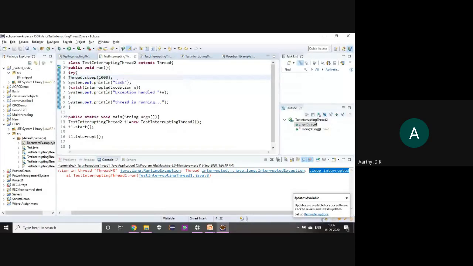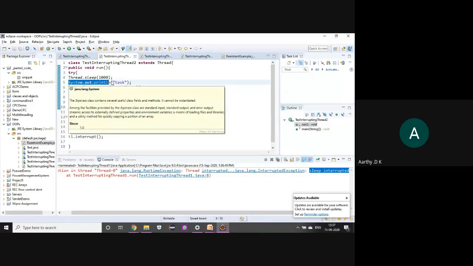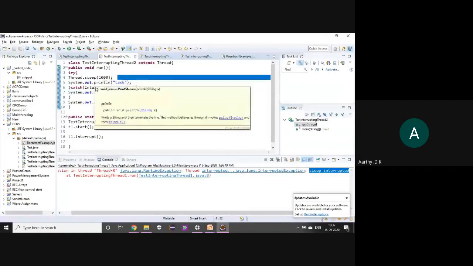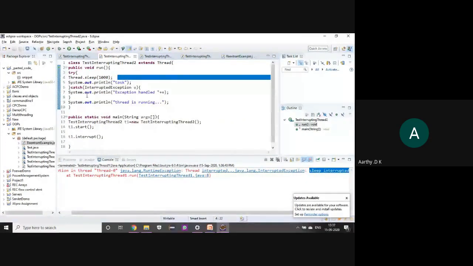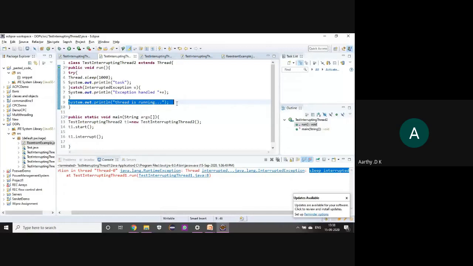After the sleep is over, it is interrupted so that it doesn't execute this statement. So this statement will not get executed. Once it is interrupted, it will execute whatever it is supposed to execute. For example, this is a statement it is supposed to execute, right? Thread is running. So it will execute this statement and then it will stop.